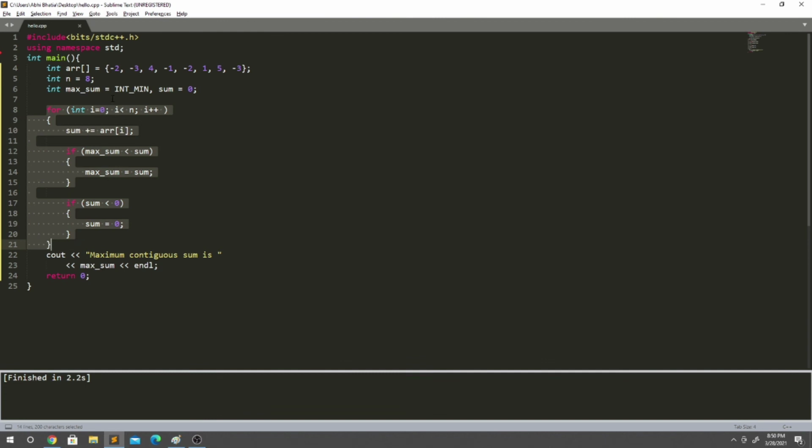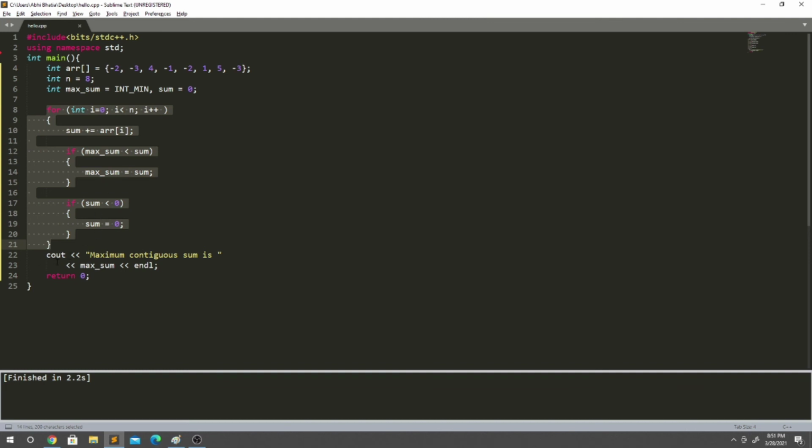First we just add the value of arr[i] into our sum. Then we check whether sum is greater than maxsum or not. If our sum is greater than maxsum, we replace our maxsum with sum, and our maxsum will be updated through this if statement. After that, we even check that if sum is a negative value, we need to change our sum to 0. That is, we need to end the subarray here itself, and the next element that we will encounter will be the first element of our new subarray. And this will repeat till the end of the loop.